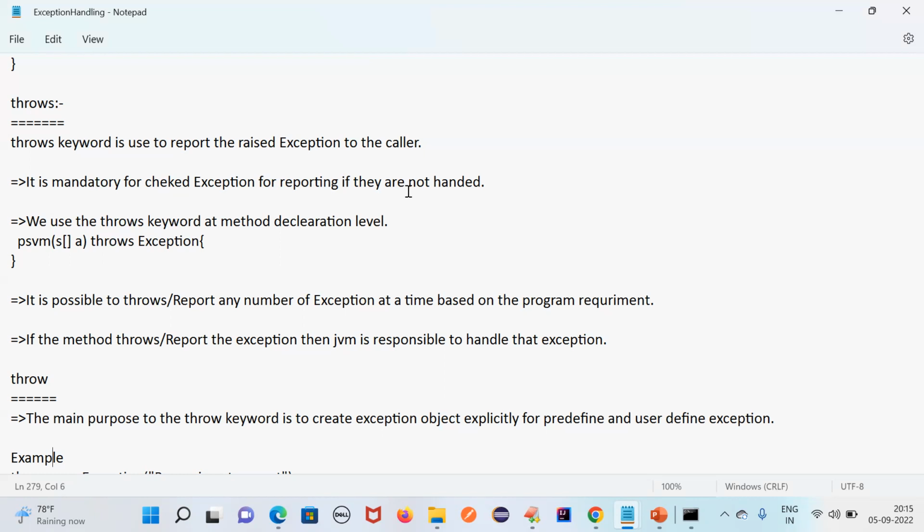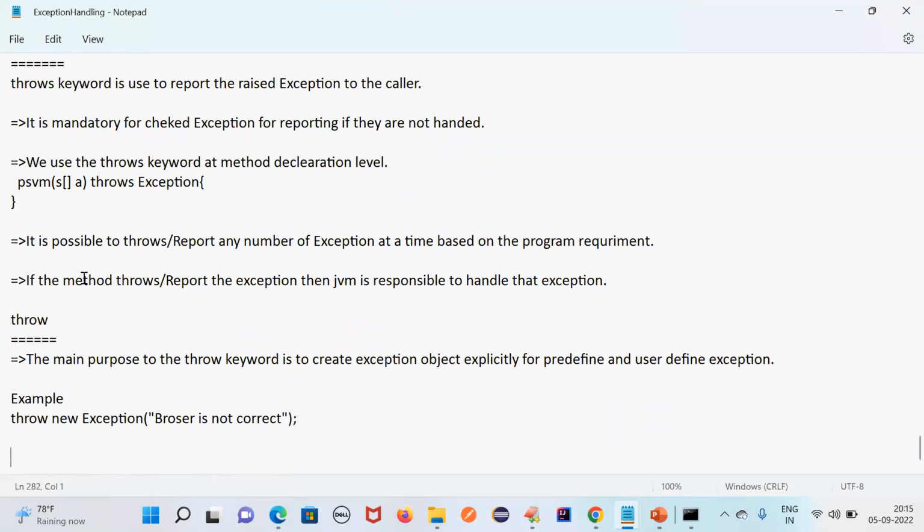By default, Eclipse will suggest you can handle by using the throws keyword or try catch block. We can use throws keyword at a method declaration level. It is possible to throw and report any number of exceptions at a time based on the program requirement. If the method throws and reports the exception, then JVM is responsible to handle this.